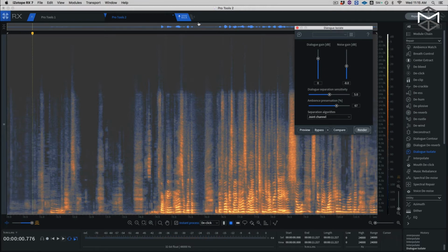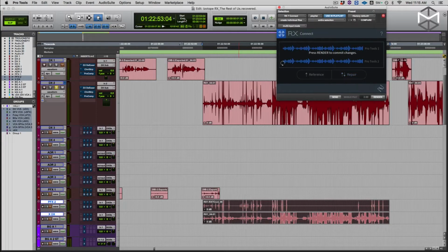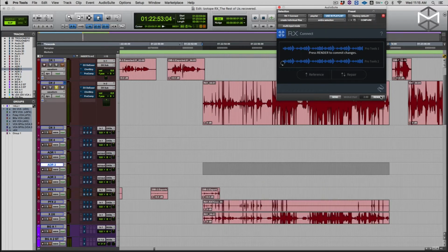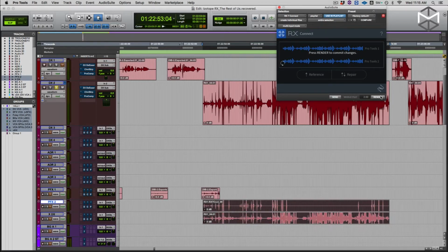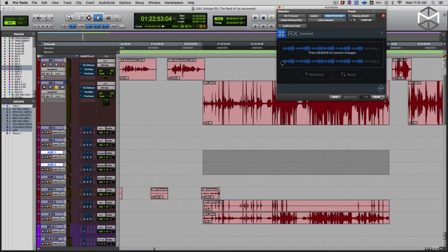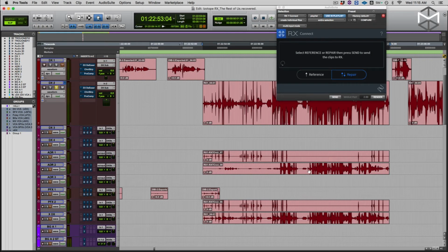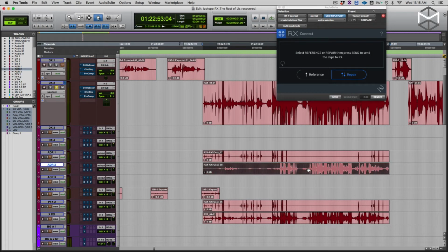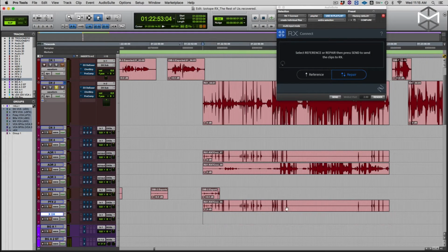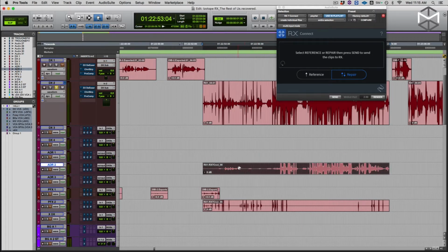All right, I'm definitely happy with what we got. So what I'll do, for now, is send this back into Pro Tools, and I will choose two other tracks and render this. So now, what we did, I can get rid of this. Now we got Matt's vocals or dialogue, which we can position right here. And if I solo this,